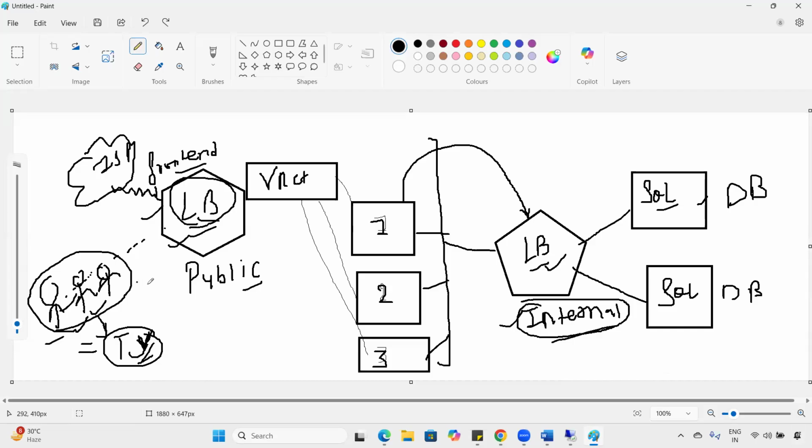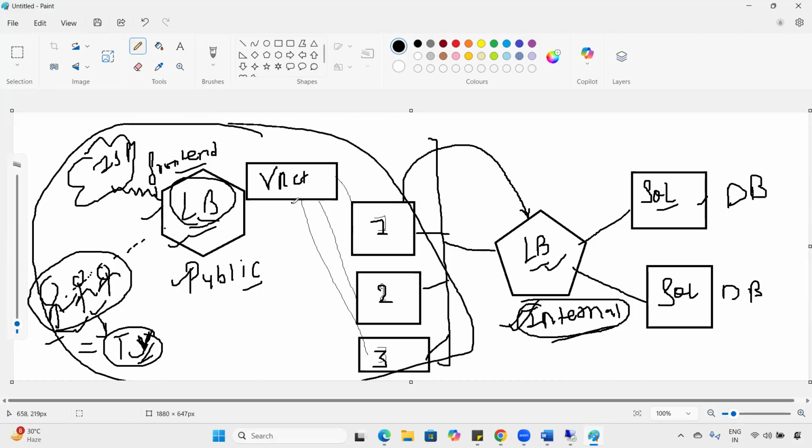So if you have this kind of extended setup, then there will be two categories: the public load balancing service and the internal load balancing service. As of now, we are focusing on the public load balancer as part of our curriculum, but in future there will be advanced topics on this extended setup as well, where I will be using both public plus internal architecture. You will get such sessions in the future when I upload the advanced series,